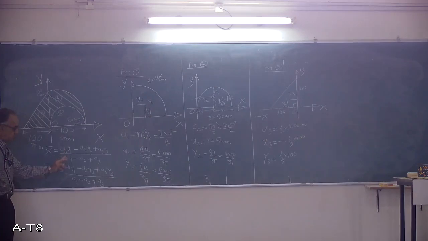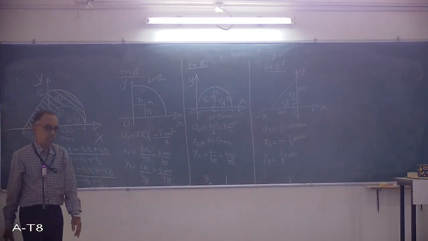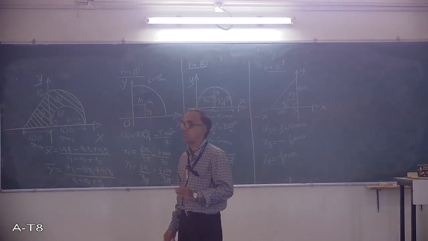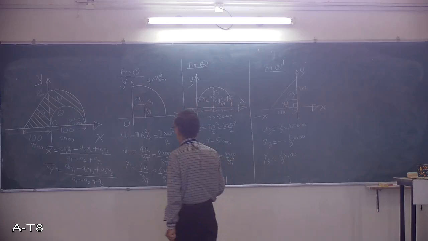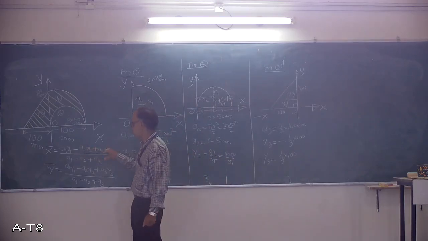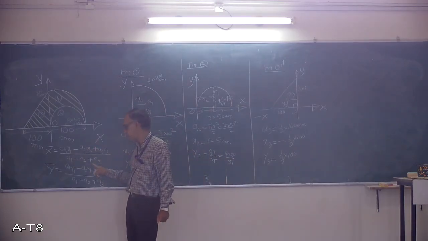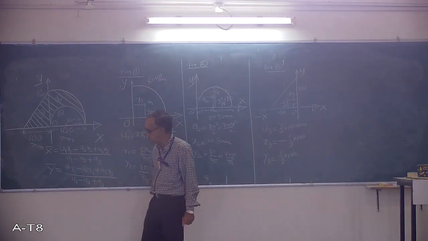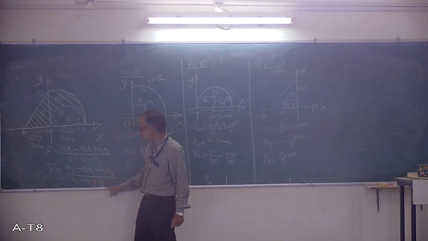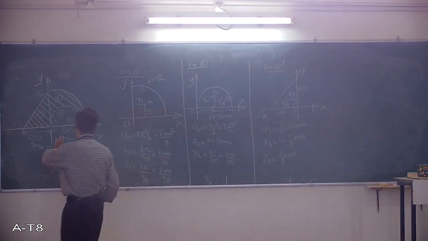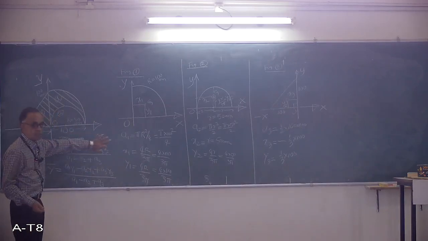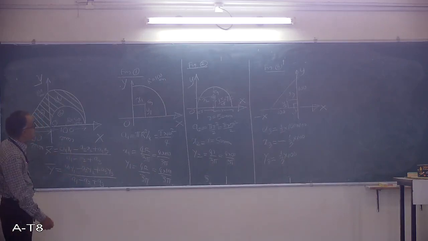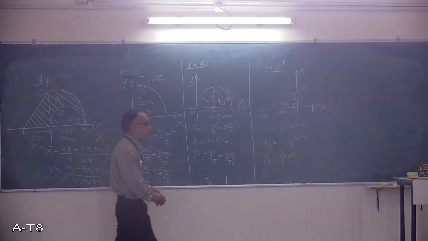After writing the values, you have to write these equations correctly. If these equations are not written correctly, once again the problem will go wrong. I have already told you the semicircle is not shaded. Since it is not shaded, we are writing minus a2 x2, once plus a3 x3, once again a1 minus a2 plus a3. Similarly for y bar, a1 y1 minus a2 y2 because the semicircle is not shaded, plus a3 y3 upon a1 minus a2 plus a3. Then you have to put the respective values of x1, x2, x3 and also a1, a2, a3. Similarly y1, y2, y3. If you put the values, you will get the equation for x bar. I tell you the value of x bar after putting the values.